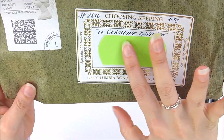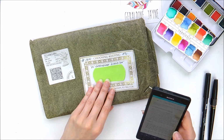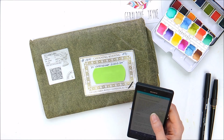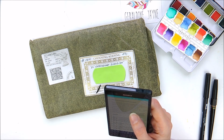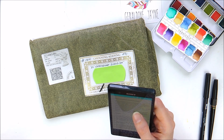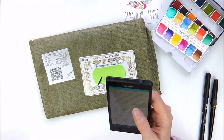I mean, this beautiful handwriting, and I've got the information of the shop here. It says, please remember, Choosing Keeping is first and foremost a brick and mortar shop. We are independent, only have one outlet, and are a small team. We cannot and do not seek to match dubious multinationals with same-day delivery services, but we do promise to have much more interesting products packaged in a more human way, sent at an analogue pace, just like stationery, using stamps and postmen. Having said that, we do our best, and most orders are sent out same day and received promptly,